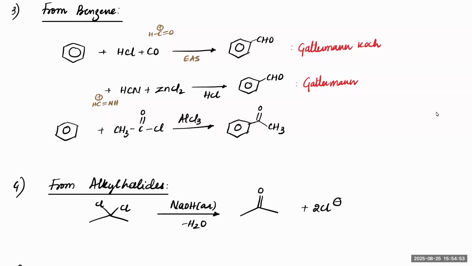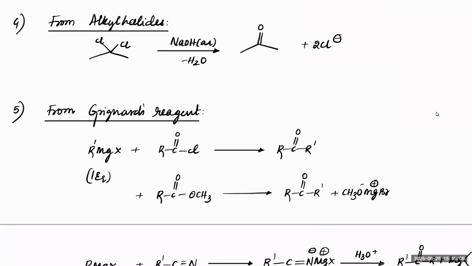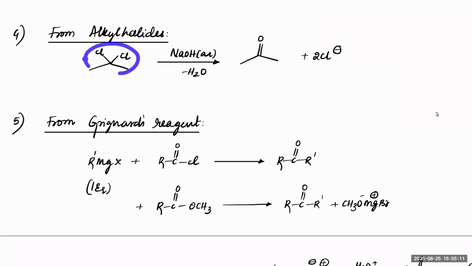If you want ketone, you do acylation. So you take acid chloride, react with AlCl3. You will get acyl groups, that is CH3C double bond O group. Benzene will attack on that carbon and converts into a keto form. Okay. Right. Next, if you have an alkyl halide, that is, if you have two chlorines here, you can